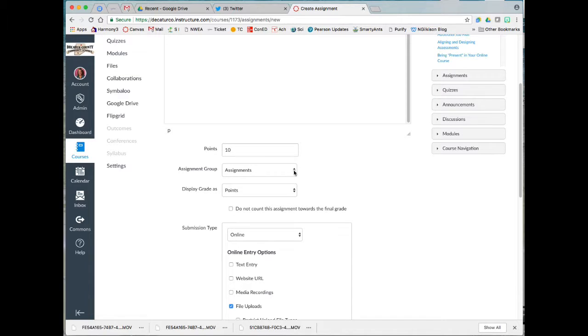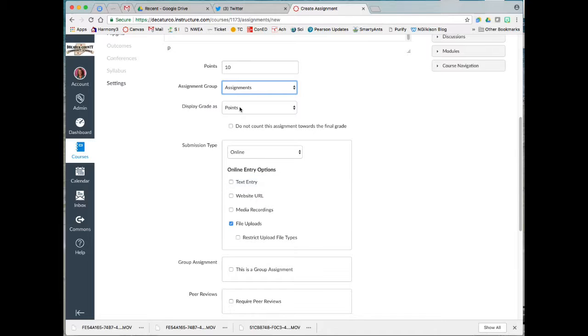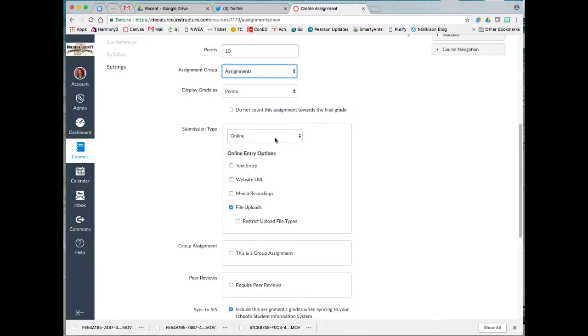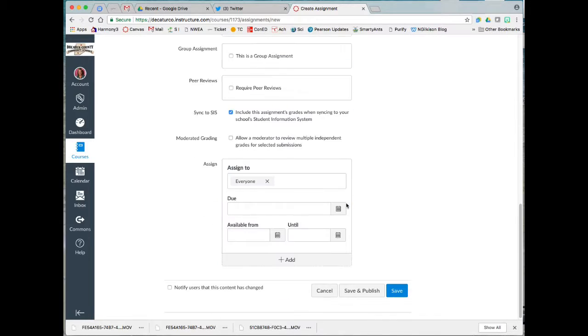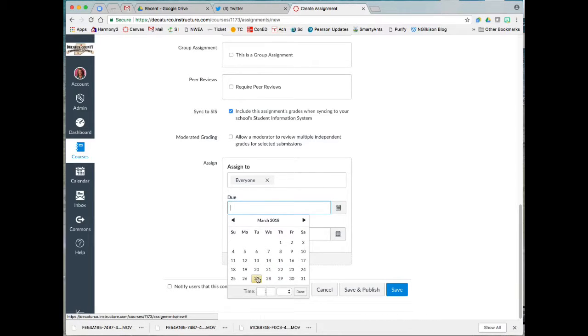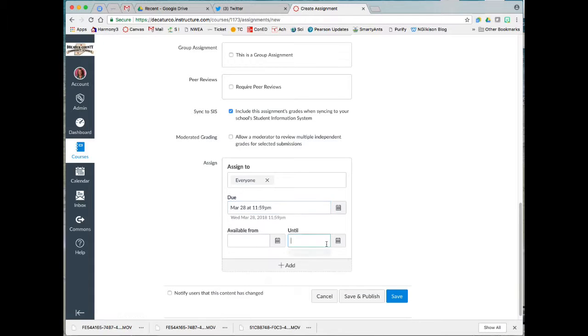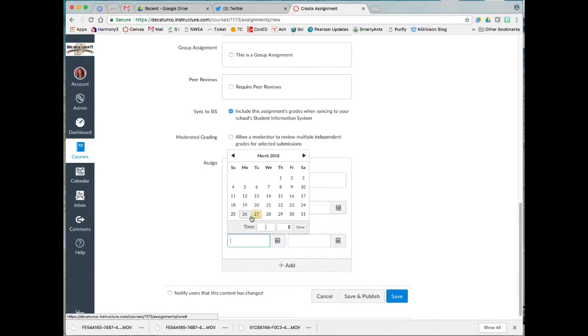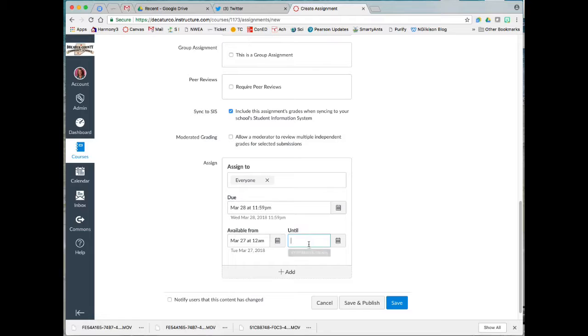If you use assignment groups in your list, you can choose which group this will go into. Probably stay with points here. Make sure in the submission type that you're doing an online submission with file upload, and then go down to the bottom, assign it to whomever you want to assign it to, select your due date and your available dates if you choose to do that,